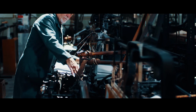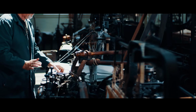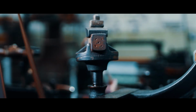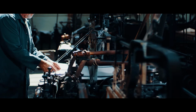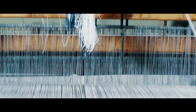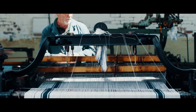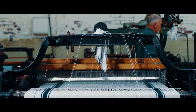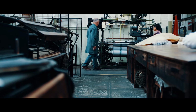I'm very interested in the manufacture of the apparatus and the steel and the looms and the weights. And I love to build looms in my performances, and I take threads and I use them to build kind of contraptions to comment on the idea of weaving and labour and the histories connected to this site. So I used one of the drawing-in machines. It was incredible to use this